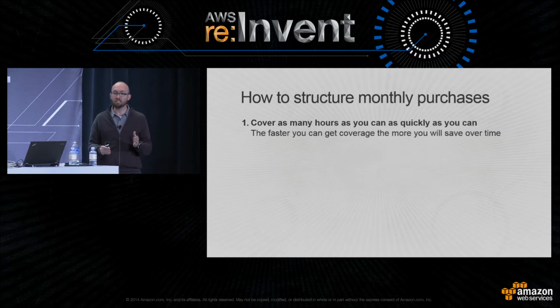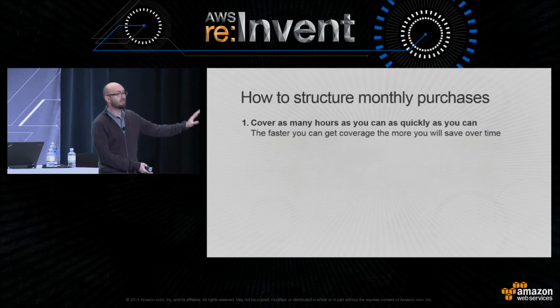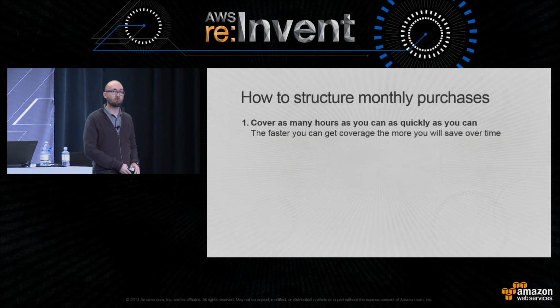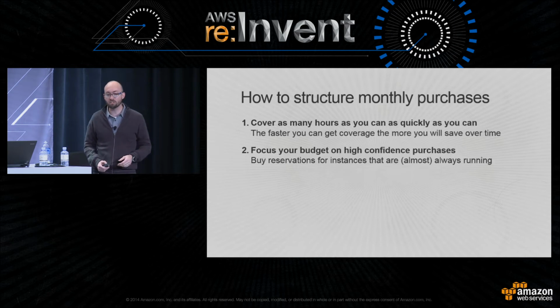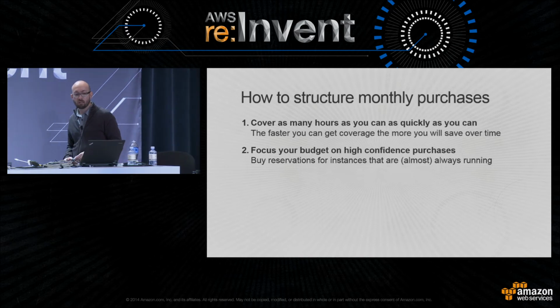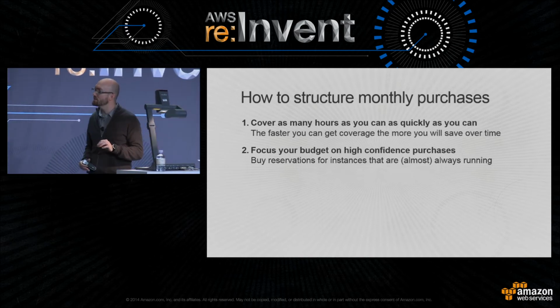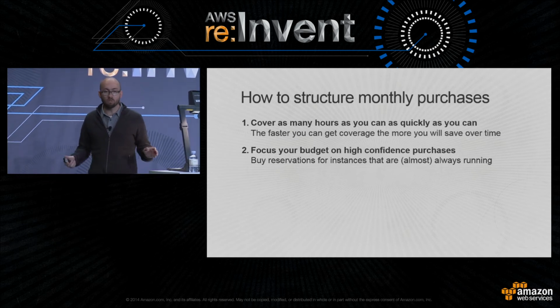So realistically, if you take the buy early, buy often mantra, you want to buy as much as you can and cover all of your hours as quickly as you can. The reality is you may not have the budget to do that. So if you're budget constrained, you want to focus your budget on high confidence purchases. So basically what I mean by this is buy reservations for instances that are always running or almost always running,